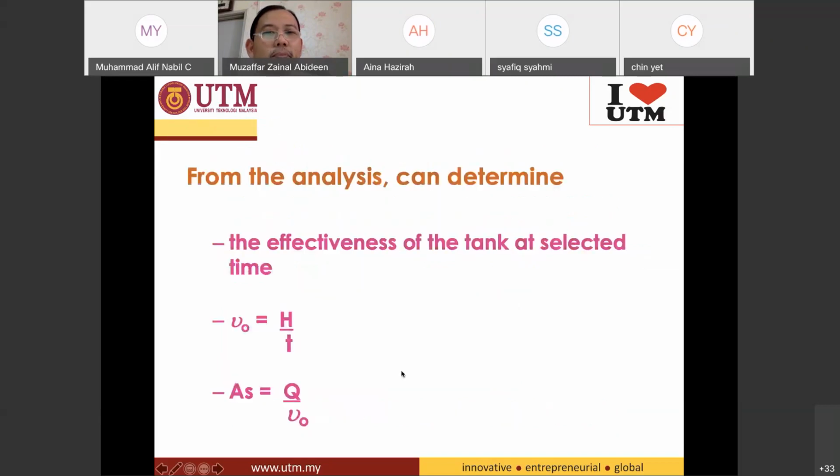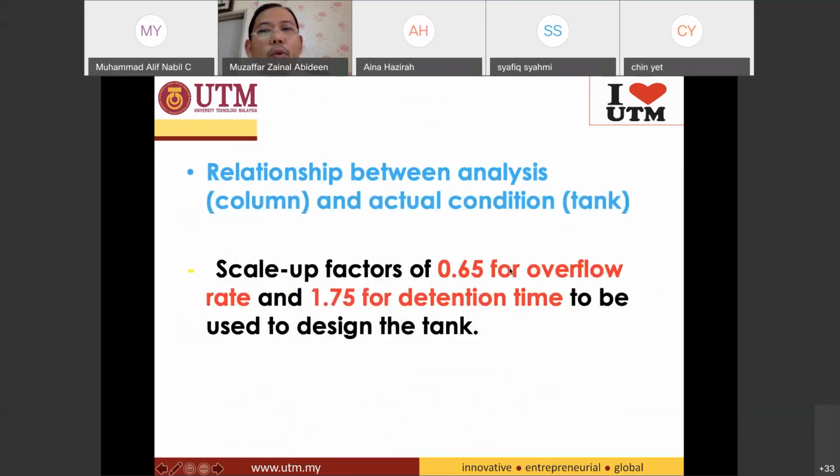And then, yeah, this is another thing that I would like to emphasize, okay? Scale up factor of 0.65 for overflow rate and 1.75 for detention time to be used to design the tank. So what it means, okay, remember, when you want to design your sedimentation tank, just now you were using a lab scale experiment using settling column, okay? So those are in the experiment using settling column. So for our example just now,